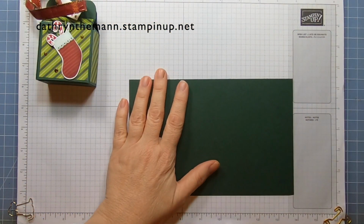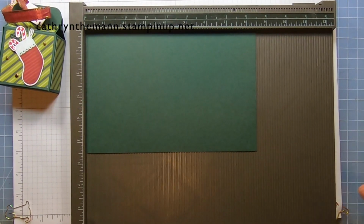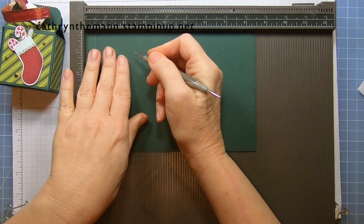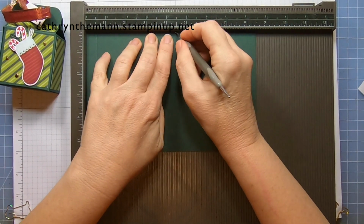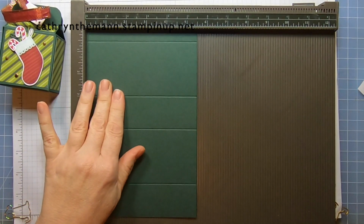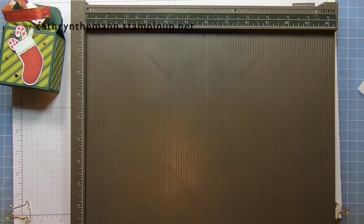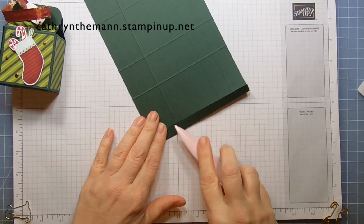Alright, so I'm going to get my Simply Scored, and we're going to start on the 8.5 inch side, and we're going to score at 1/2, 3, 4.5, and 7. Then we're going to turn it to the 5.5 inch side, and we're going to score at 1.5, 4, and 4 3/4. All right. Then I'm going to fold and burnish,